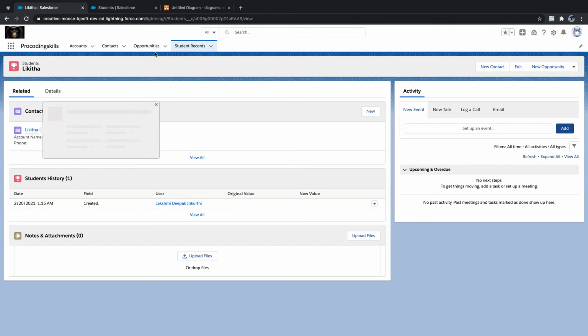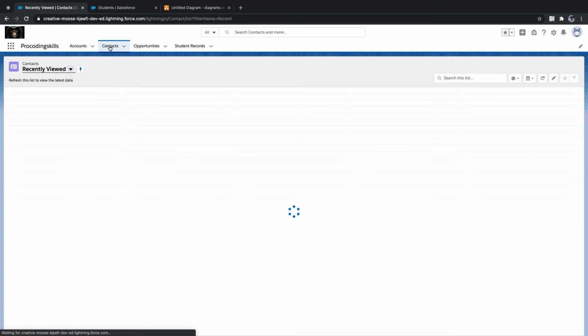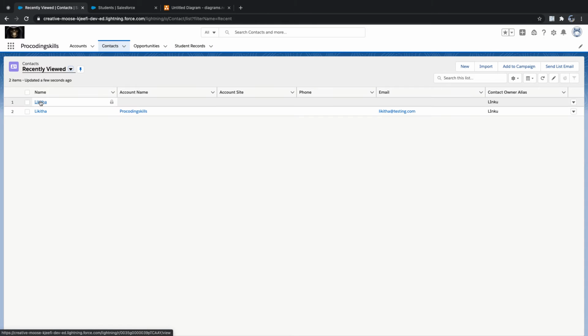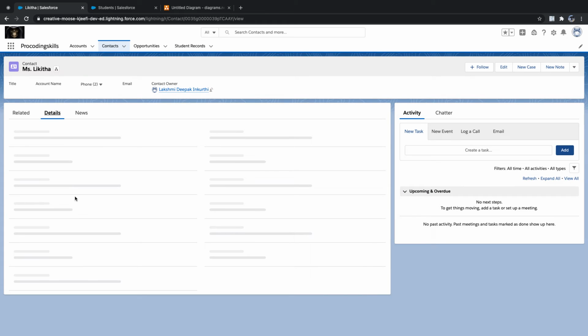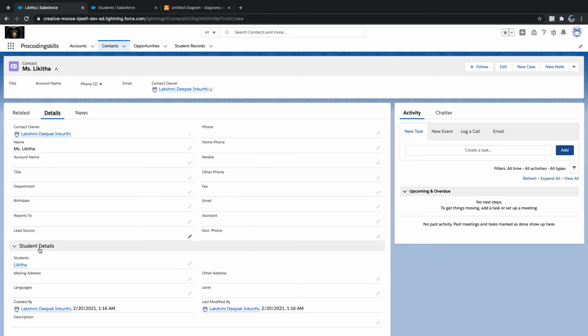So this is how you can access. But if I go to my contacts, if I go to Nikita, then my expectation here is that if contact is related to student, I should also see my student, whether it is active or not active. You got it?